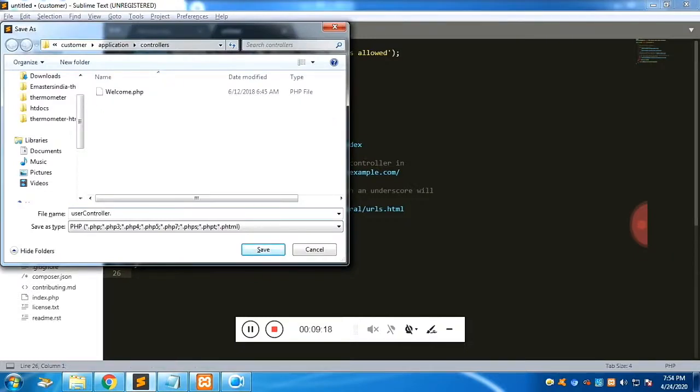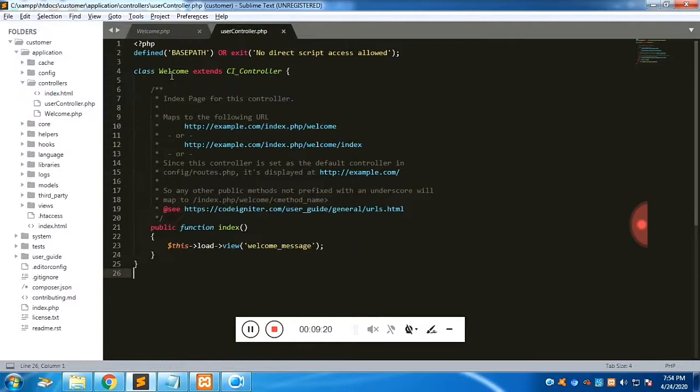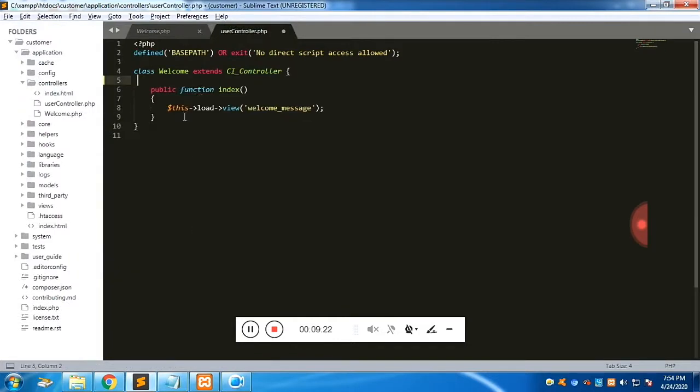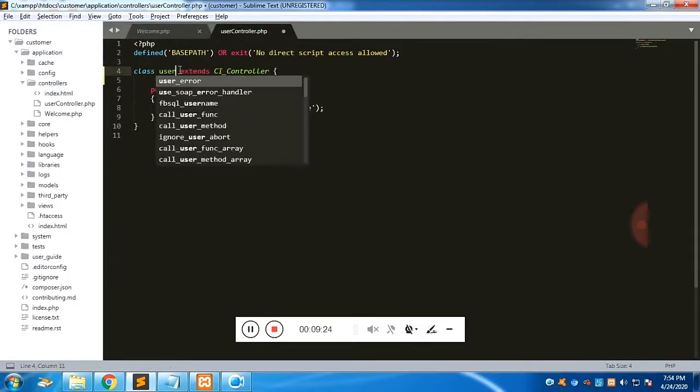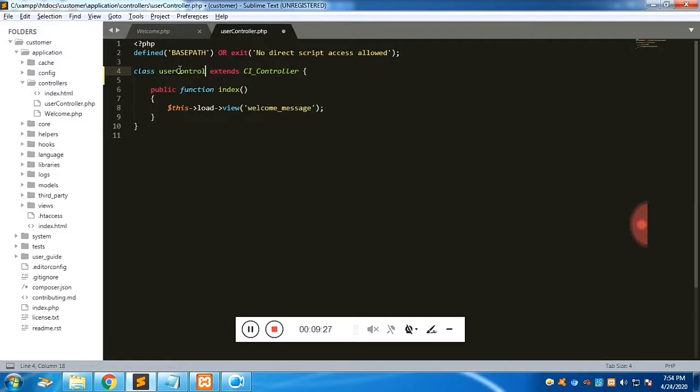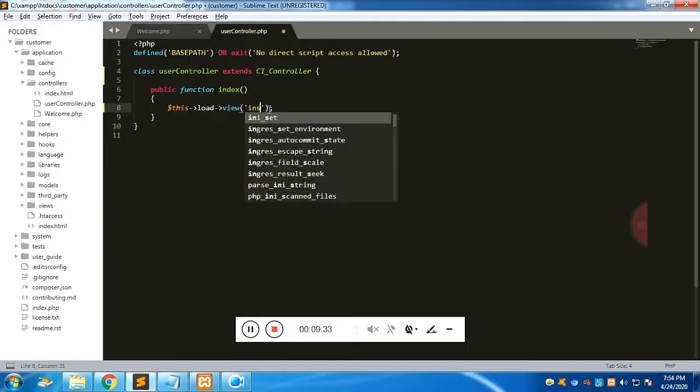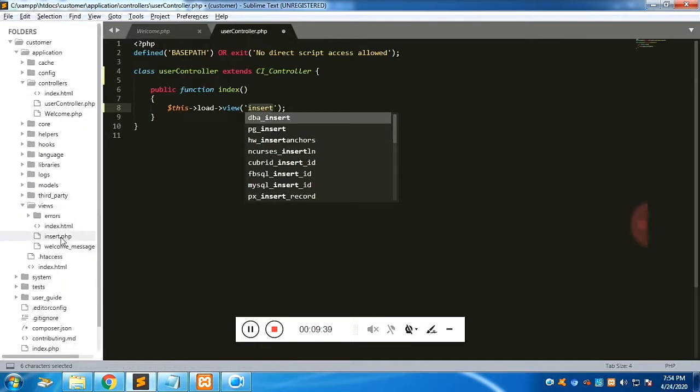The name of the page should be equal to the class name, so both names should be the same. And you can see we need index. Once we call this controller, this will load the insert.php page which is in the views folder.